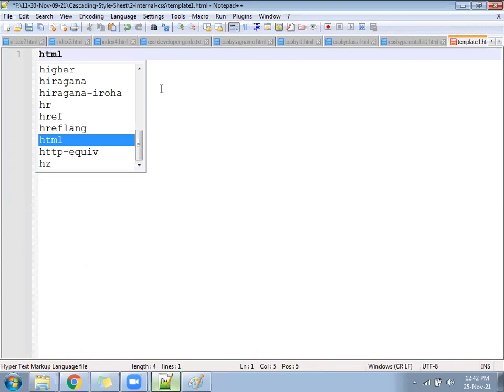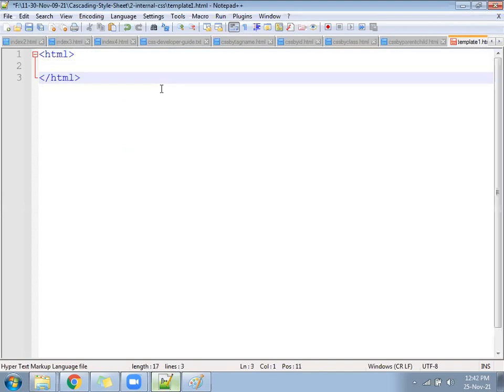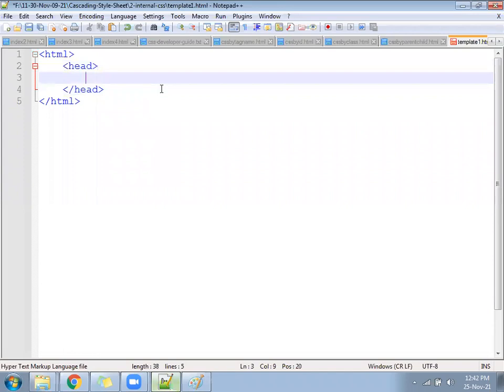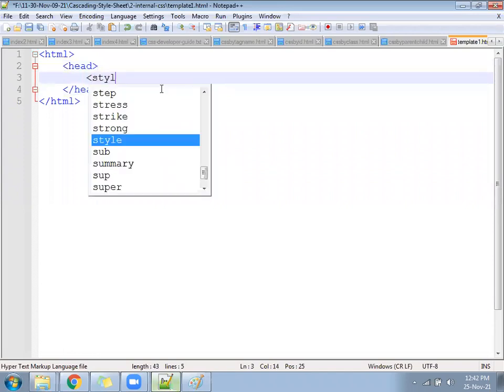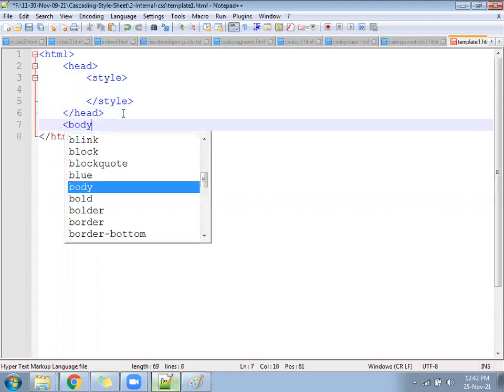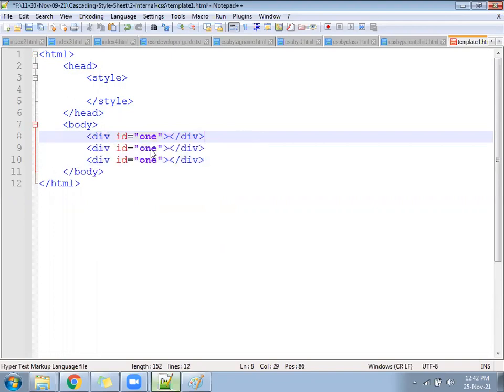HTML, then head, then after that style also. After this you will write a division, ID equal to, give any ID, 1, 2, and 3.